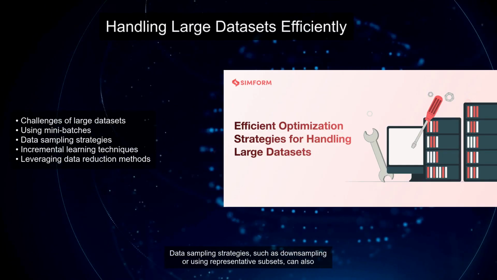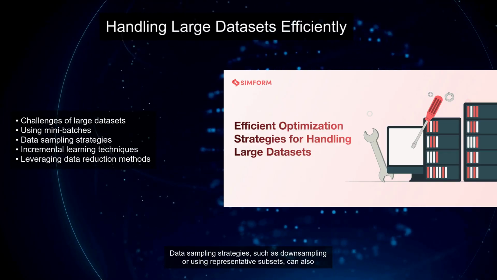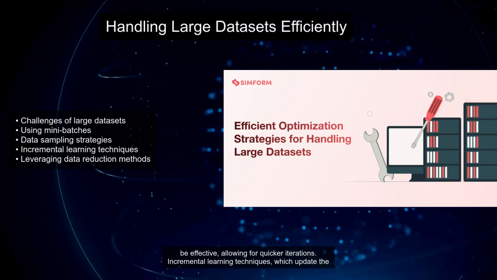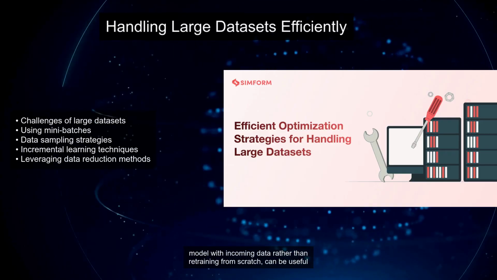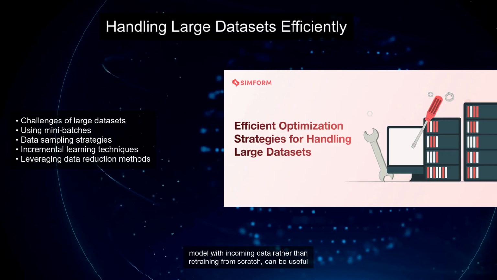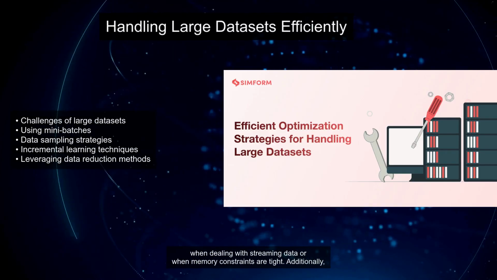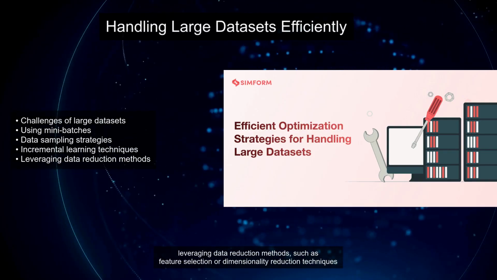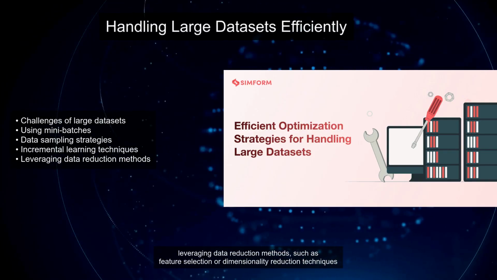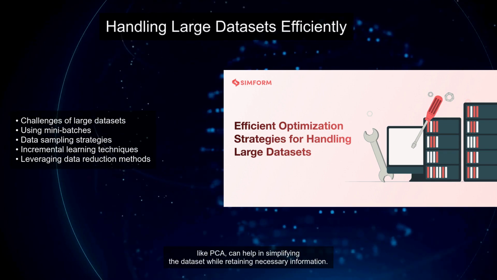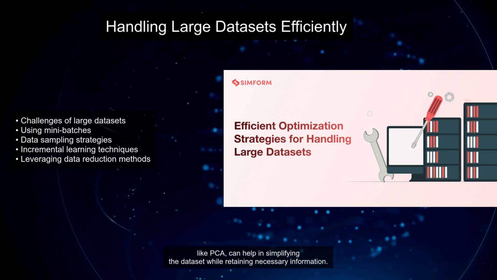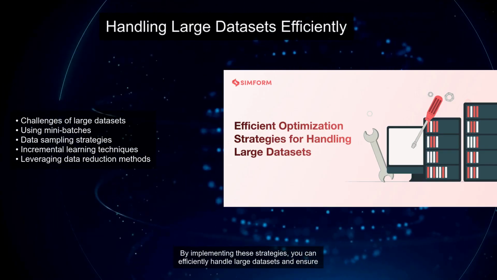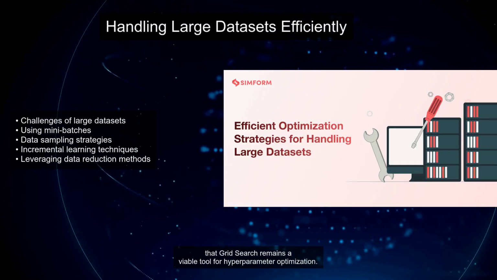Data sampling strategies, such as downsampling or using representative subsets, can also be effective, allowing for quicker iterations. Incremental learning techniques, which update the model with incoming data rather than retraining from scratch, can be useful when dealing with streaming data or when memory constraints are tight. Additionally, leveraging data reduction methods, such as feature selection or dimensionality reduction techniques like PCA, can help in simplifying the dataset while retaining necessary information. By implementing these strategies, you can efficiently handle large datasets and ensure that grid search remains a viable tool for